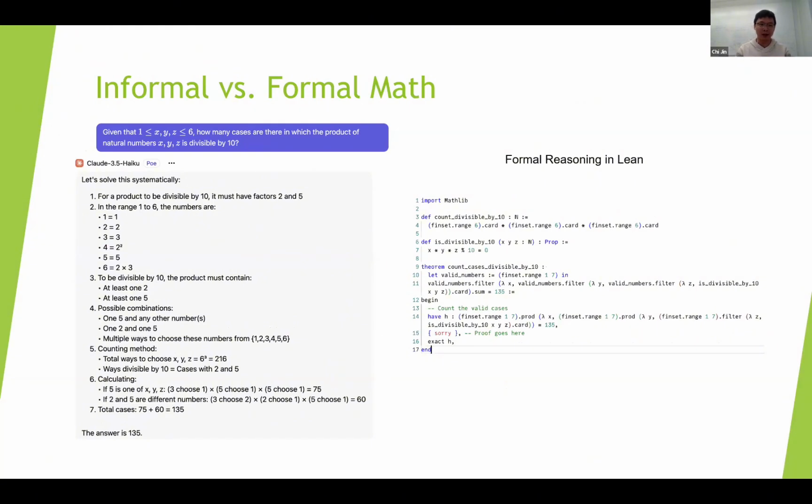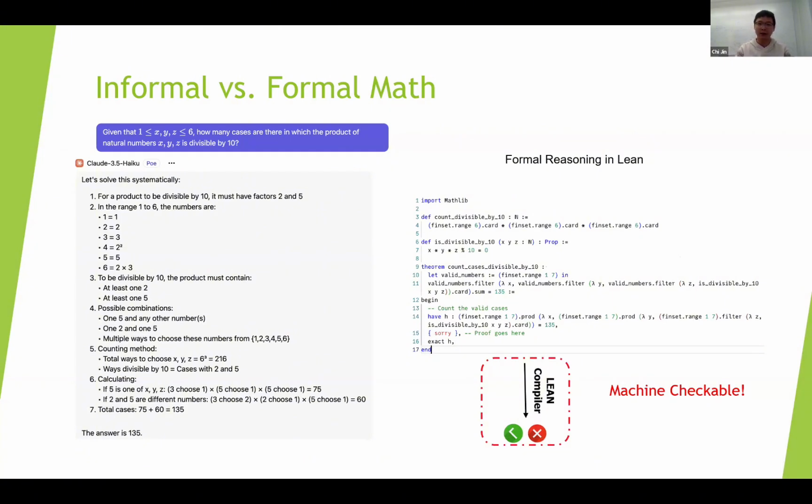Formal math essentially means that instead of writing everything or reasoning in English, we write the reasoning steps in some formal language. For example, there is Lean, there is also Isabelle, a bunch of different languages developed by the formal math community. The most important thing there is that we have a compiler, or some proof assistant like Lean or Isabelle. So basically we can write a proof and feed it to the Lean compiler, and the Lean compiler will immediately tell you whether this is a correct proof or an incorrect proof, and which step seems problematic.